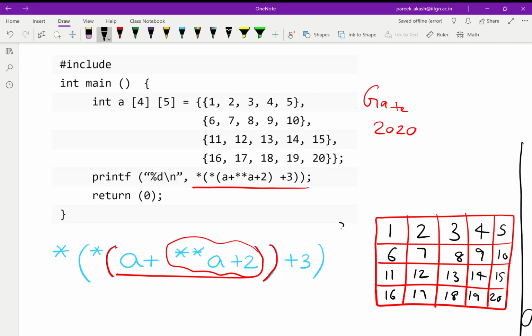So this is my A. Star of A will point to this, and then I will do star of A plus 2.